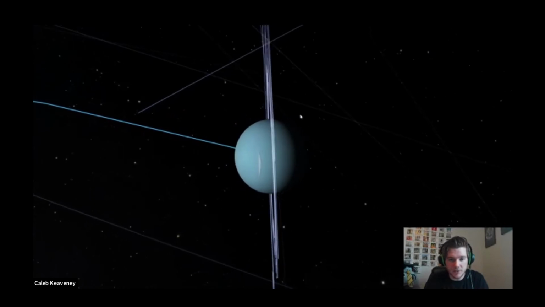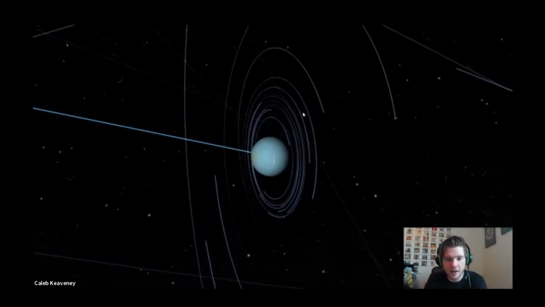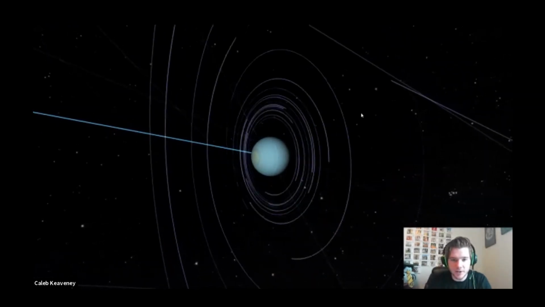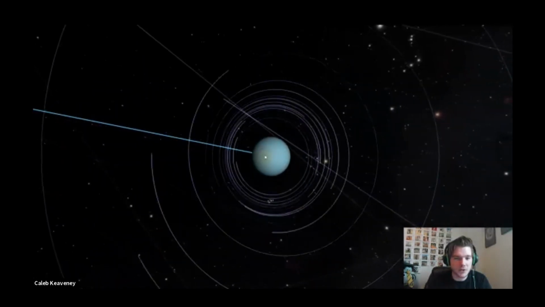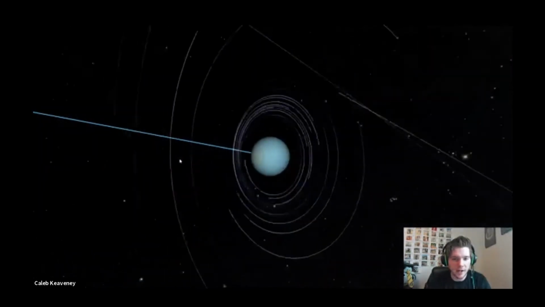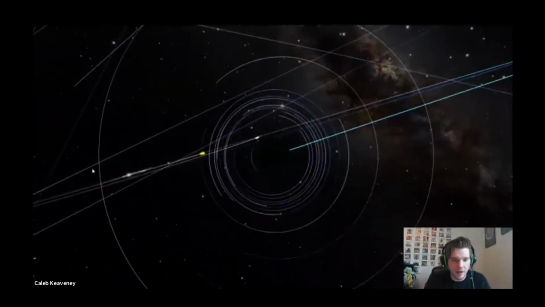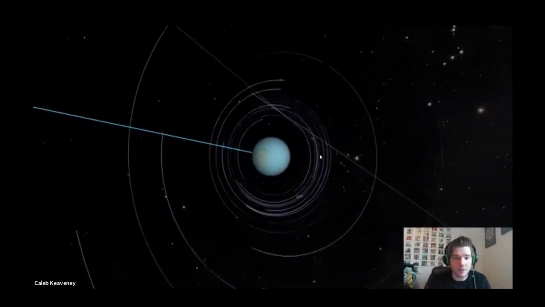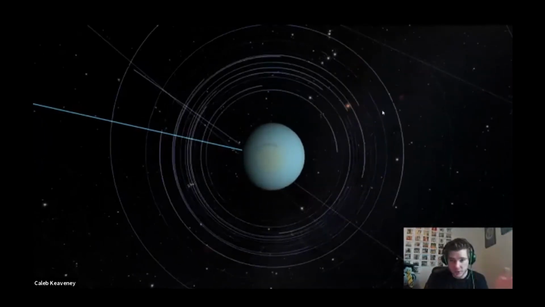So I'm going to zoom out a little bit and speed up time. And we can see all of these moons going around Uranus. And if we look, the North Pole is facing almost directly towards the sun. So the sun is, let's see, over there. And Uranus is facing, the North Pole is pretty much facing directly towards the sun, which results from